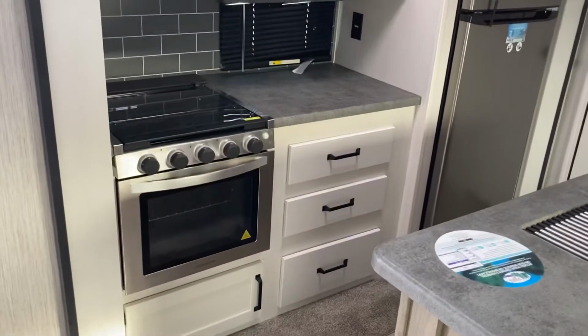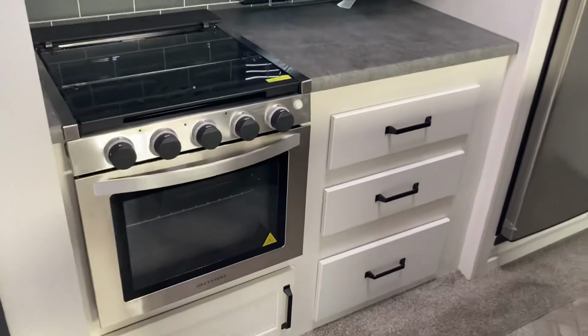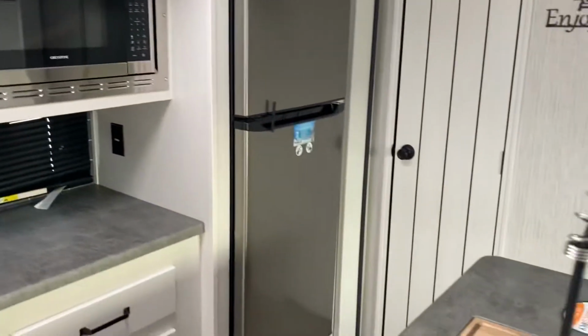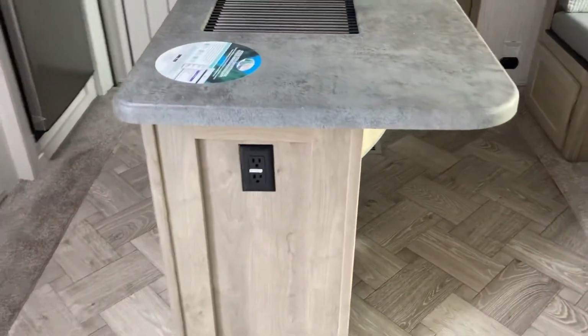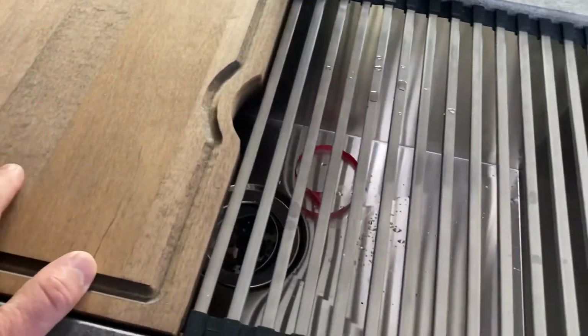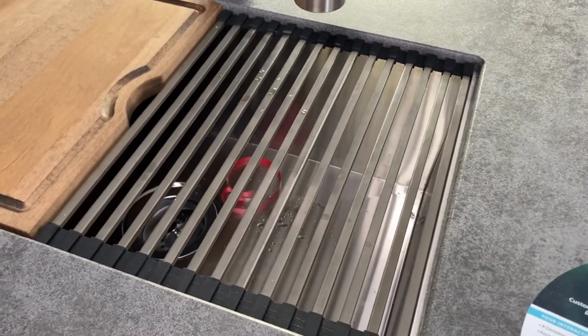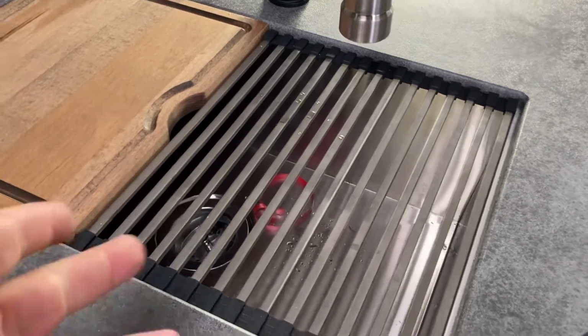Here's your kitchen. We saw that slide on the outside, so your kitchen items are all on the slide. You've got your range, 3-burner cooktop, microwave above, 12-volt fridge, great storage underneath, and your island kitchen with the high-rise faucet. Nice feature this year, they're including a little hardwood insert. So you've got a little bit of a cutting board there as well as the roller to keep everything covered and give you that extra bit of space to maybe set a drink on, dry your dishes on, that sort